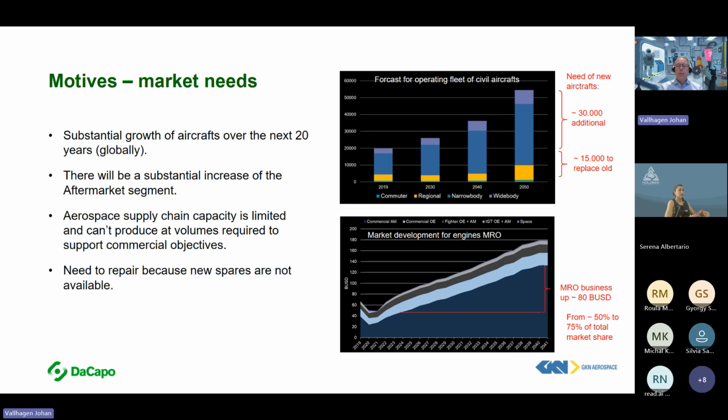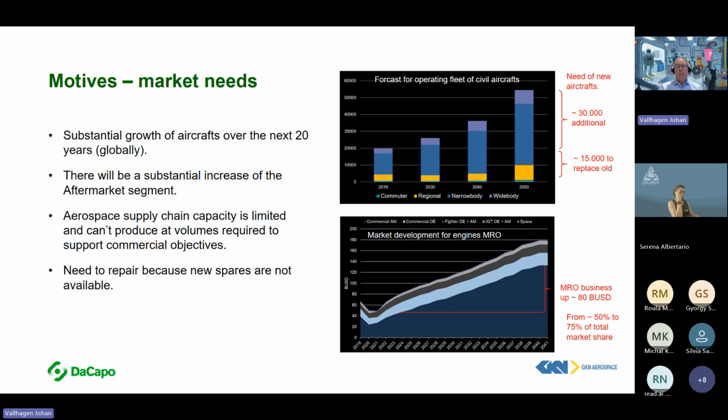At the same time, what we call the MRO business, maybe not many people knew that, but it's actually bigger today than the original manufacturing business of aircraft and engines. And it will grow even more over the next 25-30 years.